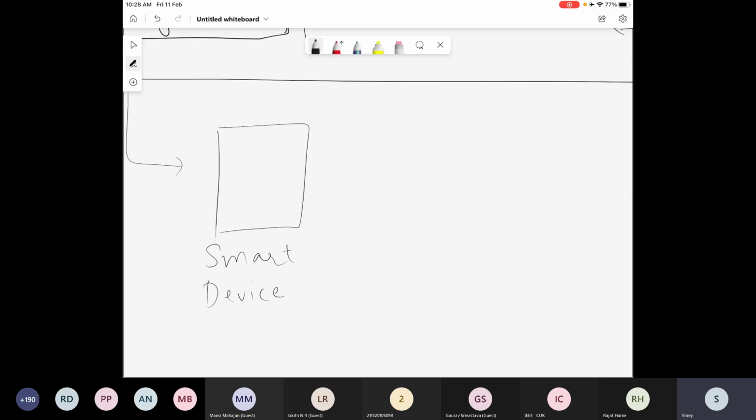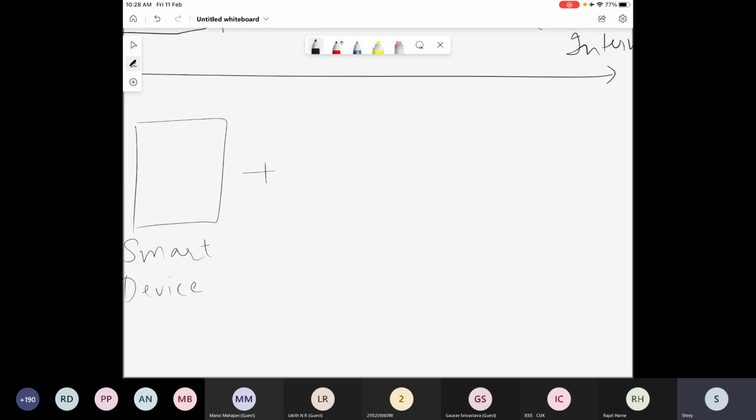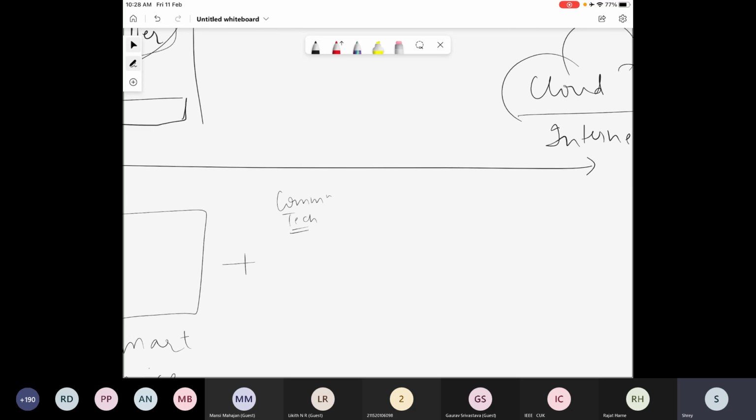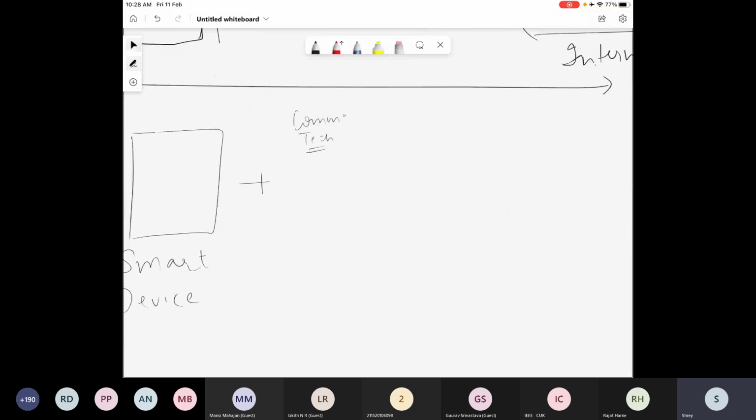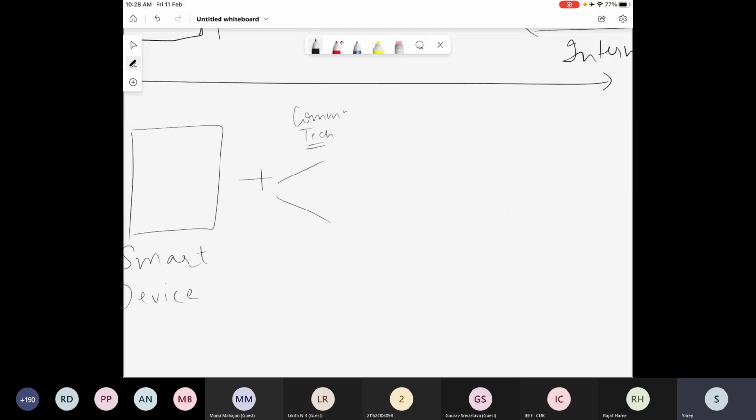Now we need to connect it to the internet. Then we need some kind of communication technology here. So in the present scenario, we have GSM, Wi-Fi, LAN. Here I have two cases, one and two. If I use a Wi-Fi module, I have examples